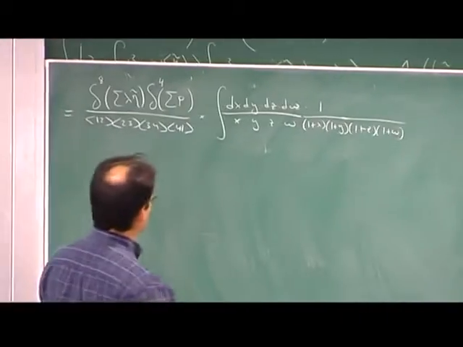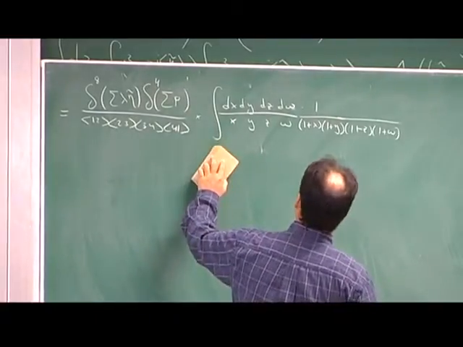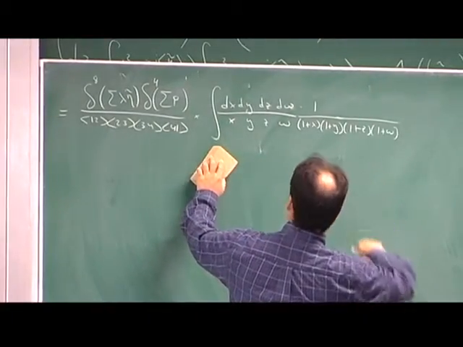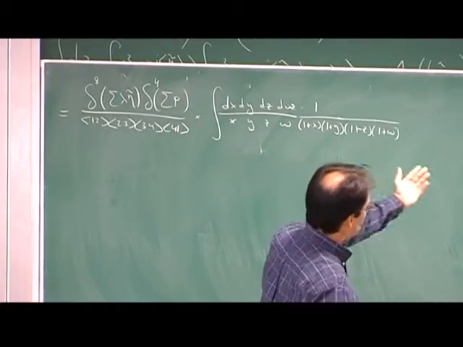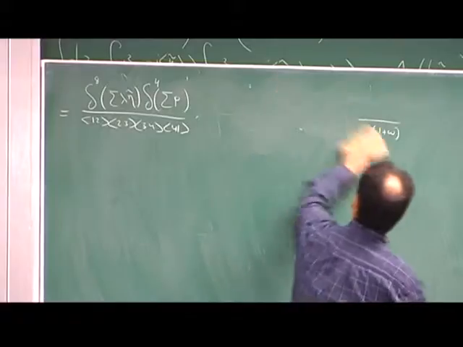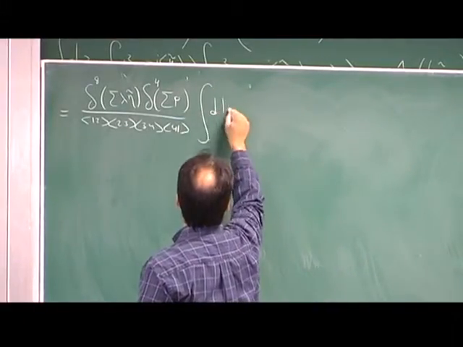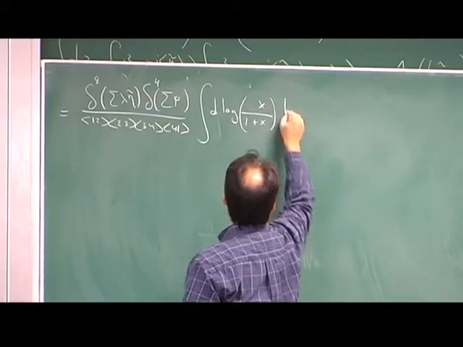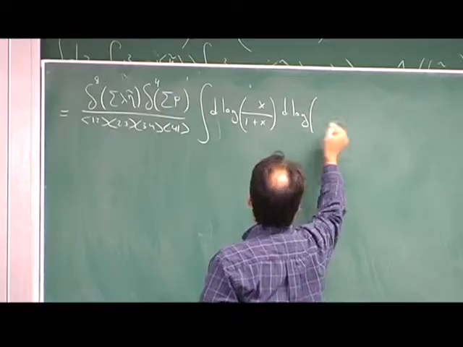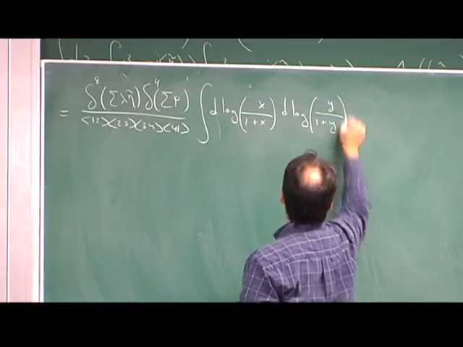So what we are learning is that this on-shell diagram is nothing but an integral or a differential form over 4 d log functions. So let me put them here. So we have d log of x over 1 plus x, d log of y over 1 plus y,